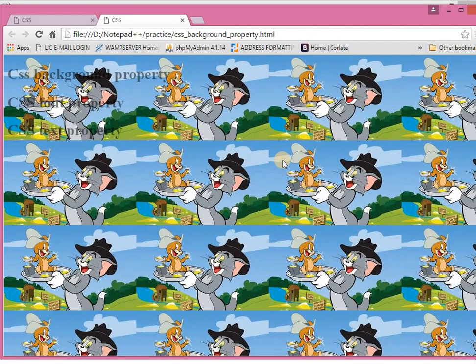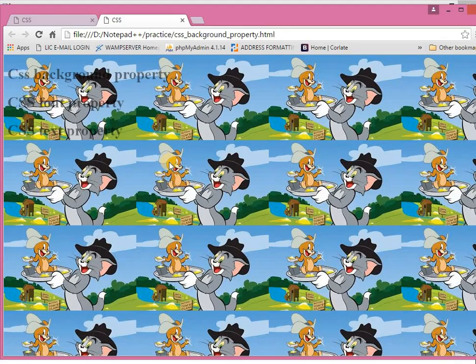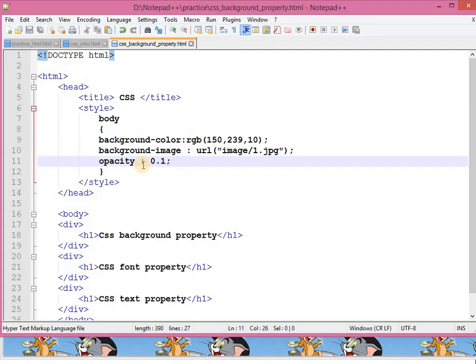This should not happen. You can see that opacity is not working for our background image, but it is working for background color.